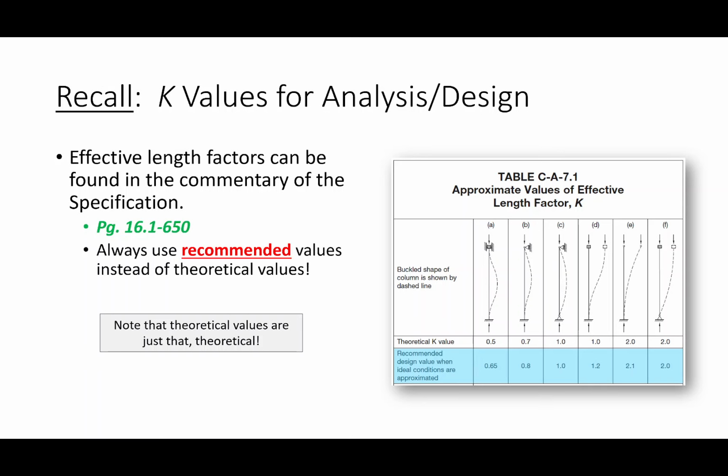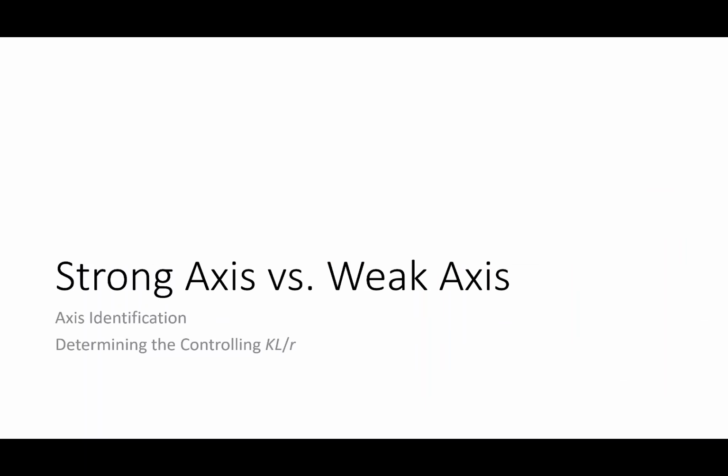I do want to briefly recall the K values for column design. Remember, we're using the recommended values, not the theoretical ones. The theoretical ones are what you would derive using a differential equation solution, but we usually increase those a little bit to account for the differences between ideal scenarios and real world scenarios. Okay,